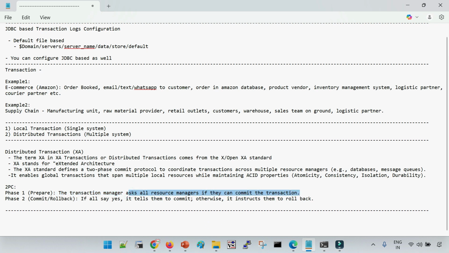Before committing the transaction, which involves multiple target systems, in the first phase your WebLogic or transaction manager will talk to each and every system to know the availability, whether all the systems are available and able to commit the transaction or not. If any of the systems is not available, then your transaction will get rejected in phase one only. If your transaction manager gets the response from all the data sources or target databases and applications that they are ready to commit the transaction at the same time,